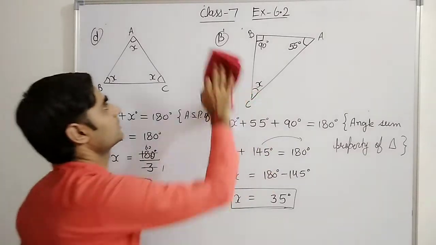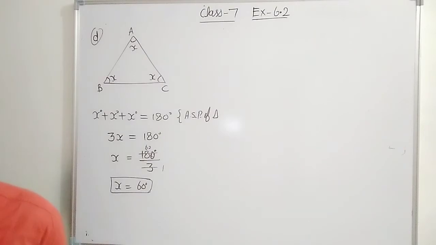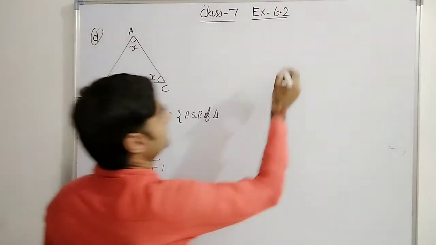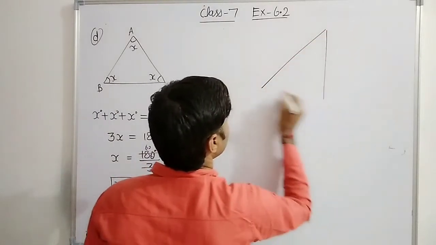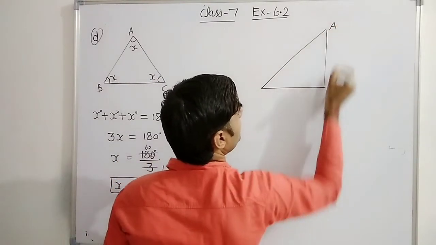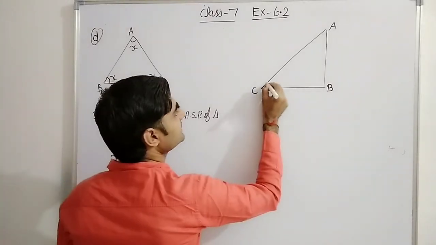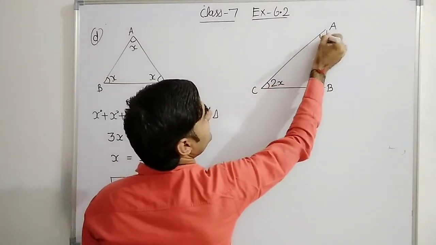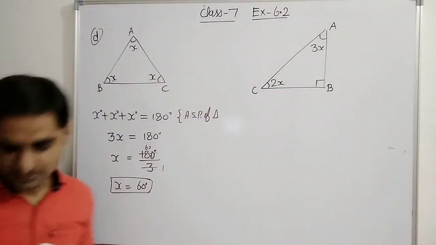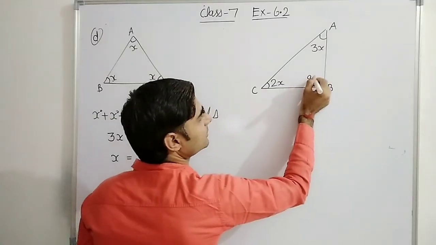Okay, so now let's take the last one also. Watch it carefully. Here also we have ABC, a triangle, and that is a right angle triangle, right? Such a type of triangle is there, like this. The name of the triangle is ABC. A, B and C. Okay, here this angle is given as 2x, and this angle is given as 3x, and this is given as 90 degree. Correct? 2x, 3x and 90 degree. This 90 degree, write it down as 90 degree.